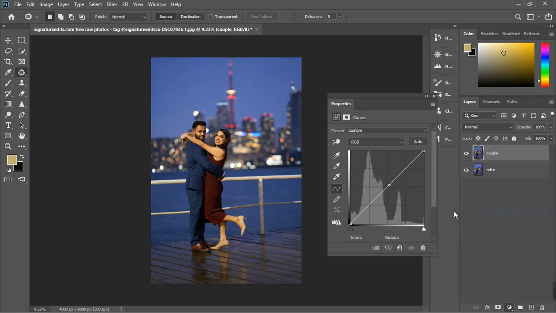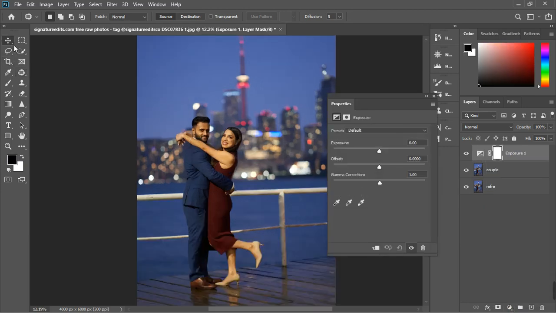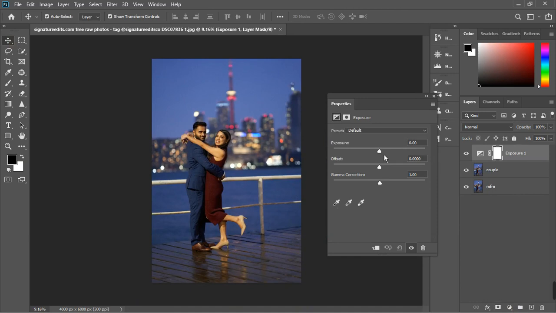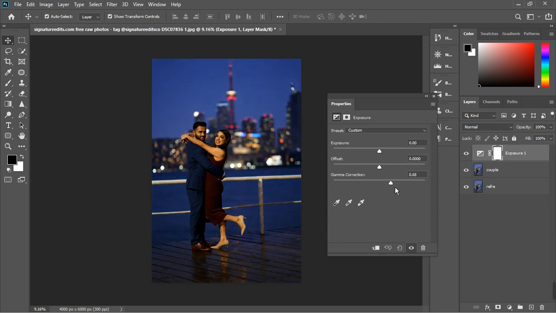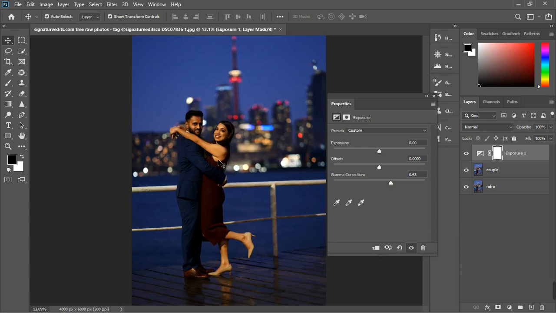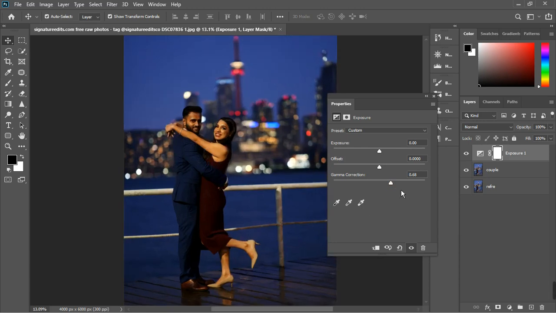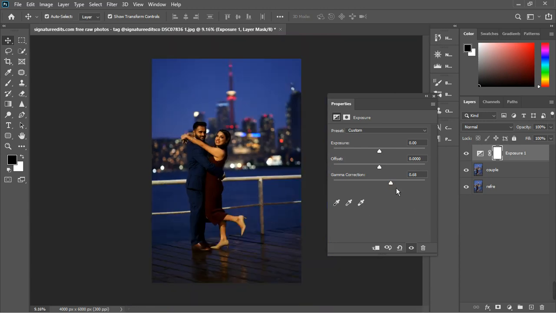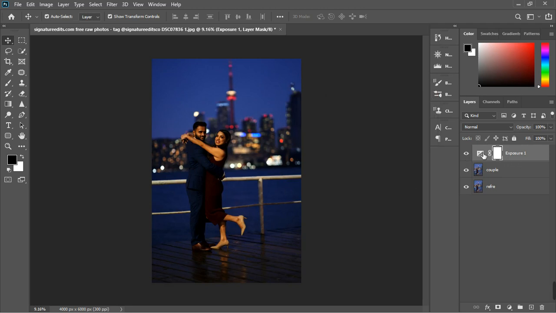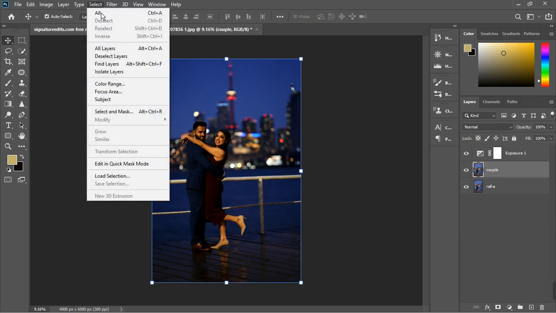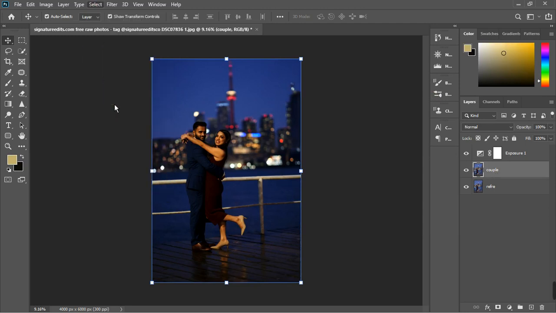So let's start with exposure, and then change the tool to brush. Bring down the gamma, somewhere like this. I need a cool evening look, and I don't want it to affect the couple. So cool evening look. I'm going to bring it back a little bit, just down a little bit, and let's see how we're going to select the subject. So let's turn it off, and then let's select the subject. So go to Select, Subject,